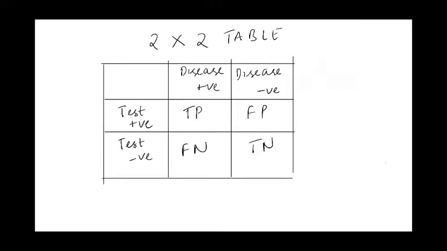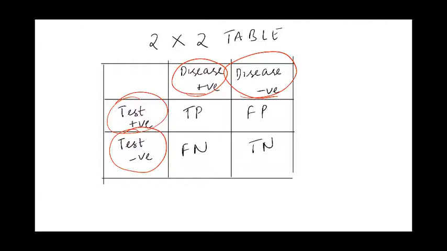Now we come to the parameters of diagnostic tests. So again, we draw a 2x2 table here. However, it is slightly different. Earlier we saw the association between risk factors and the disease. Here we have the diagnostic test, and here there will be the gold standard test, which will definitively show whether the person has the disease or does not have the disease. And this is the test in question which we want to discuss. These are the diagnostic tests.